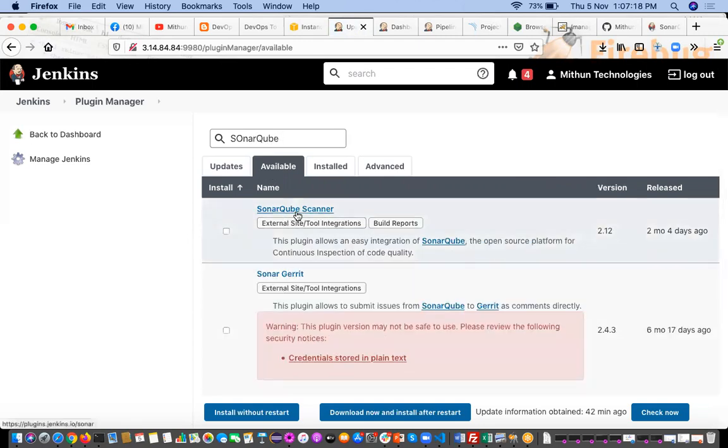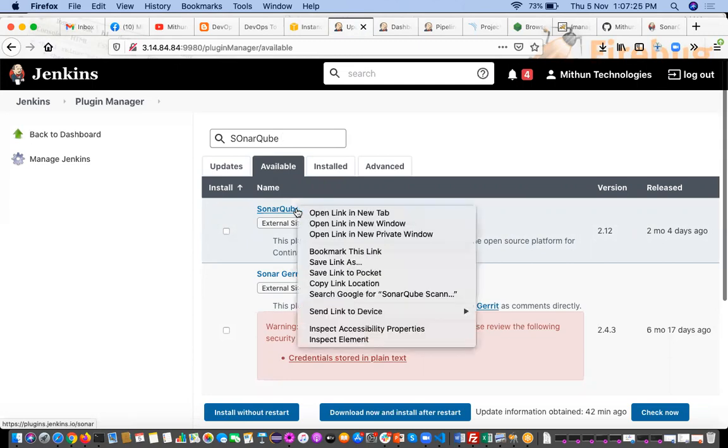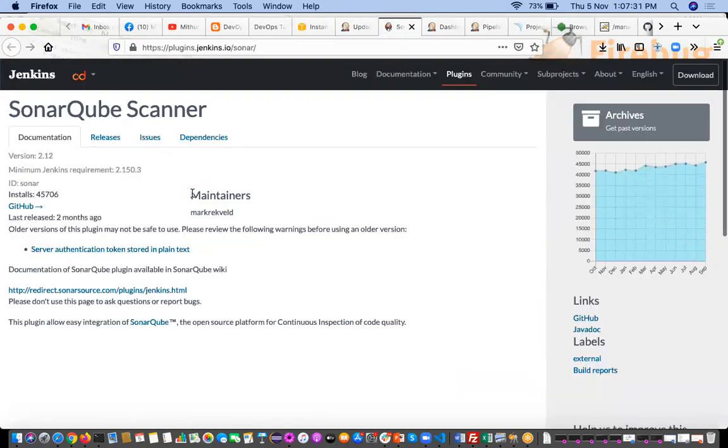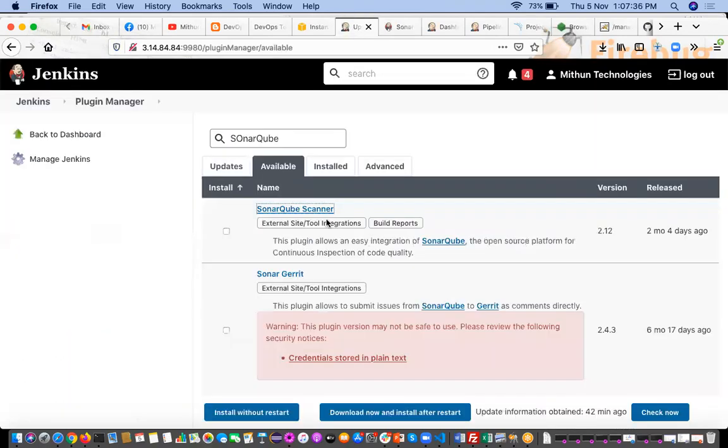If you want to know more about this plugin, right click and open the link in a new tab. See, it is open here. Select this one and click on Install without restart.